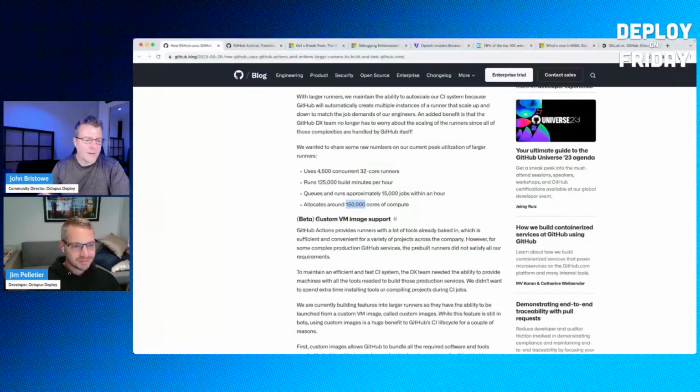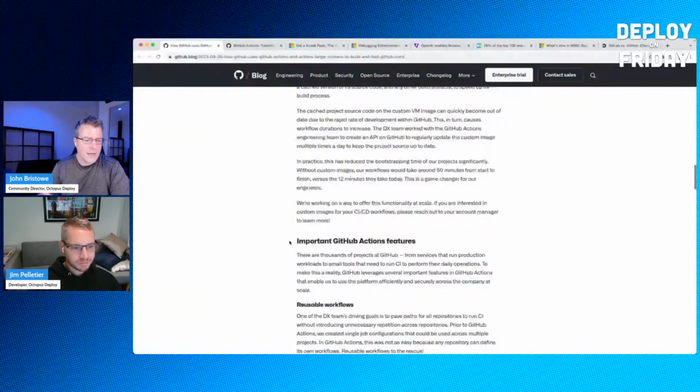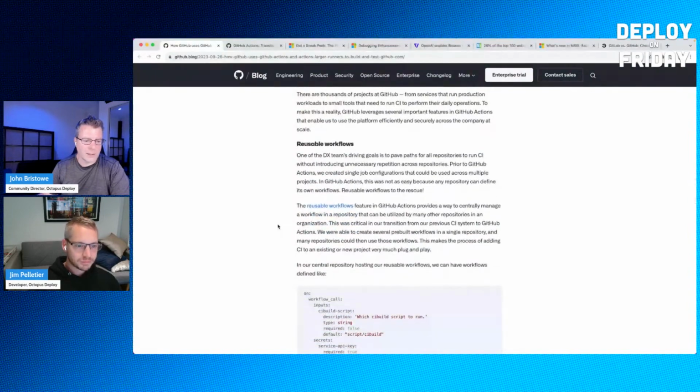They've got a beta of a custom VM image that they've introduced, and they're utilizing that as part of their build. Then some of the things that they cite, and these are important aspects of GitHub Actions: reusable workflows, that's definitely something you should take advantage of because it will save you a lot of time and headaches.